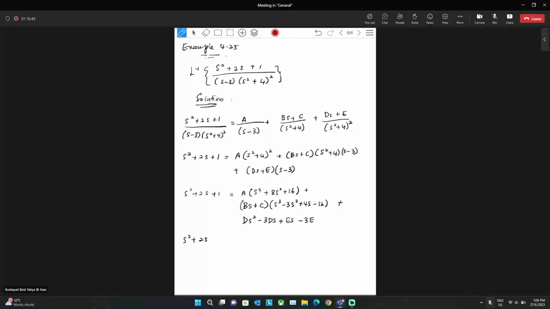So S squared plus 2S plus 1 equals A times S to the power of 4 plus 8S squared plus 16, plus BS to the power of 4, plus C, minus 3BS cubed, plus